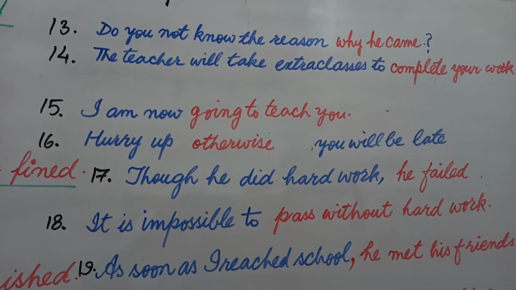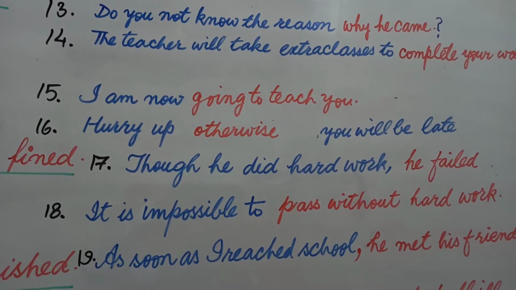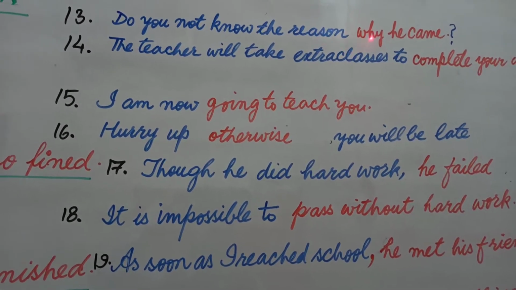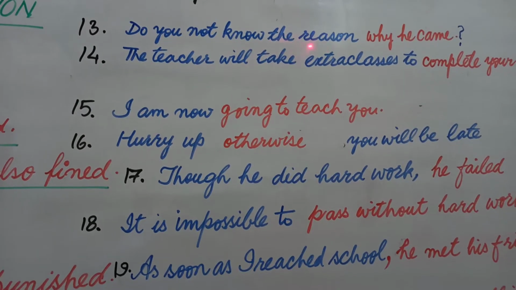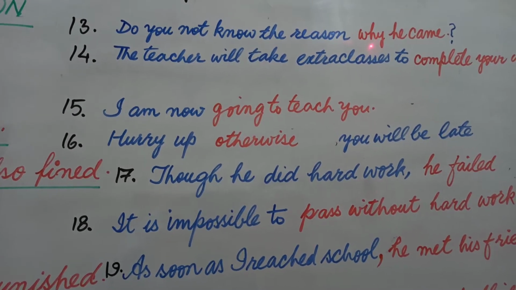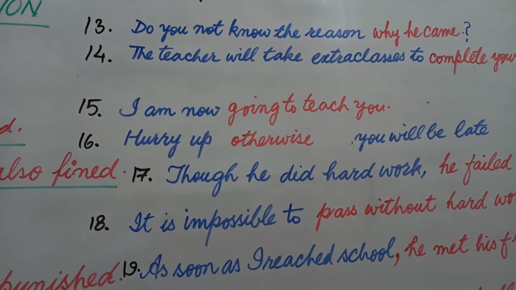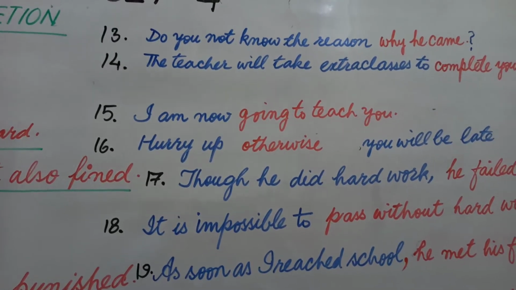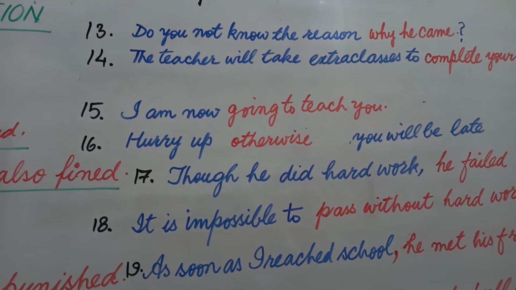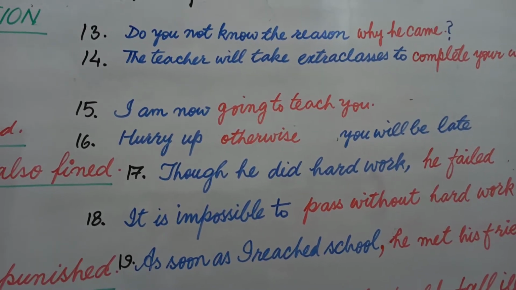In place of why had he come, you use why he had come. Write subject just after question word. Always remember this. And in this particular sentence, reason is given. That's why I have connected why here. It has become what? Adjective clause. And if you don't know what is an adjective clause, you go through our playlist and you find out adjective clause and go through all the rules deeply.